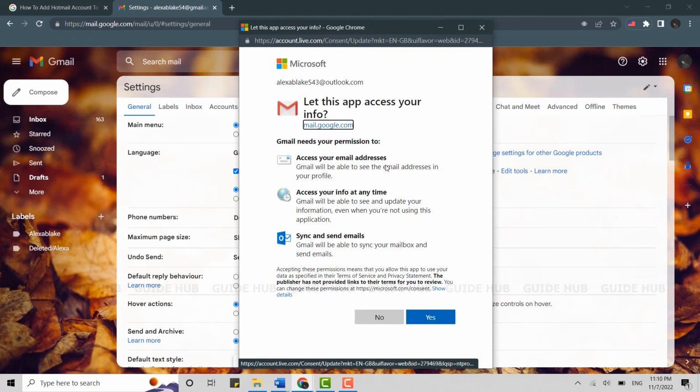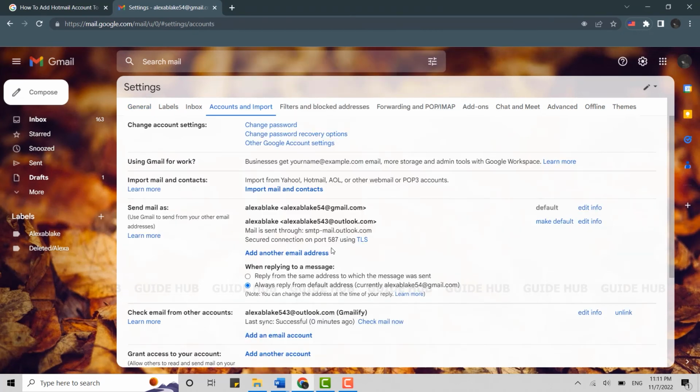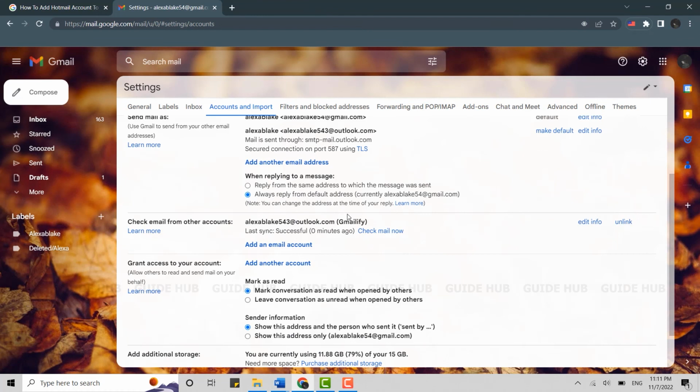Let this app access your info, that is all the information of your Hotmail. Click on yes. You can now manage your Outlook account from Gmail. You can unlink this process at any time by going to the Gmail. Click on close, and with that your Hotmail account or the Outlook account which is same has been added to your Gmail account. Here you can see. So this is how you can add Hotmail account to the